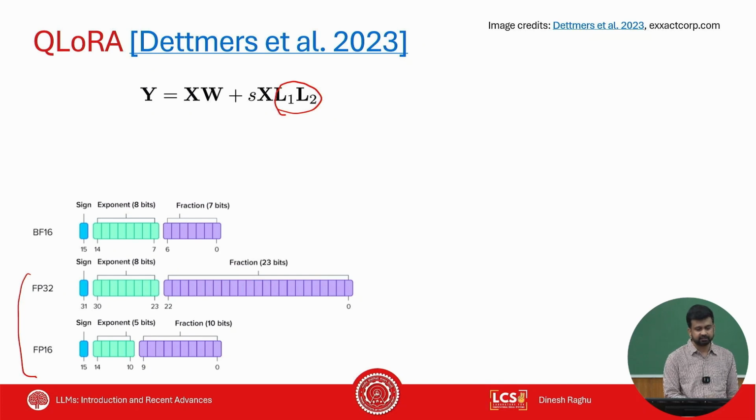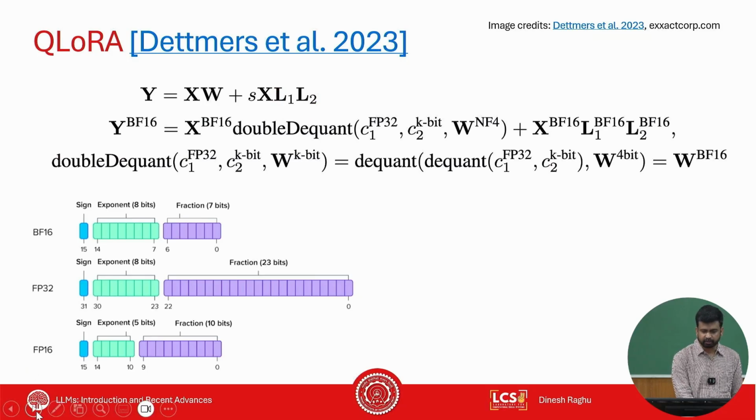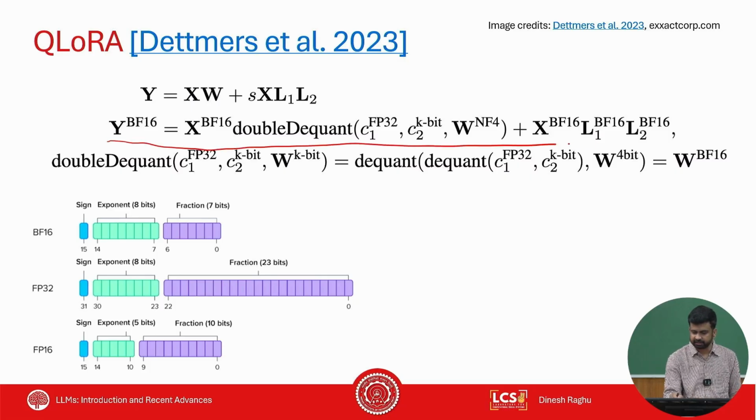So there are certain training paradigms called mixed precision training, where not all parameters are represented in the same representation. For certain operations, you use certain representations, for certain you don't. And this whole paradigm is called mixed precision training. So here also we use some mixed precision. Let's look at how it does. So let's look at this format. We just rewrote the first equation here by representing what goes on within QLoRA.